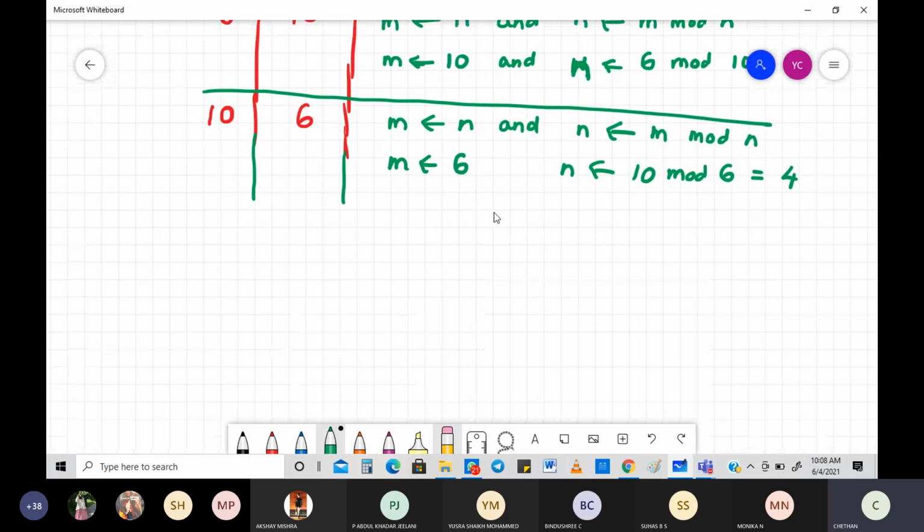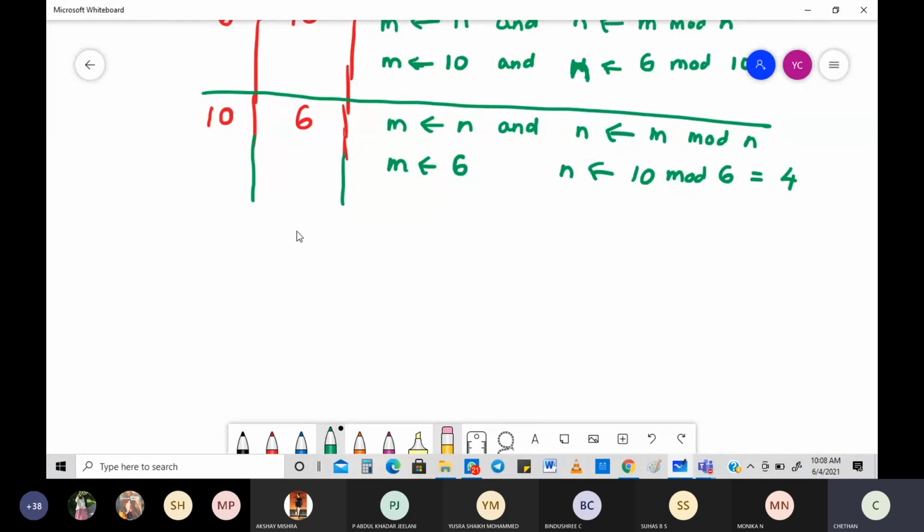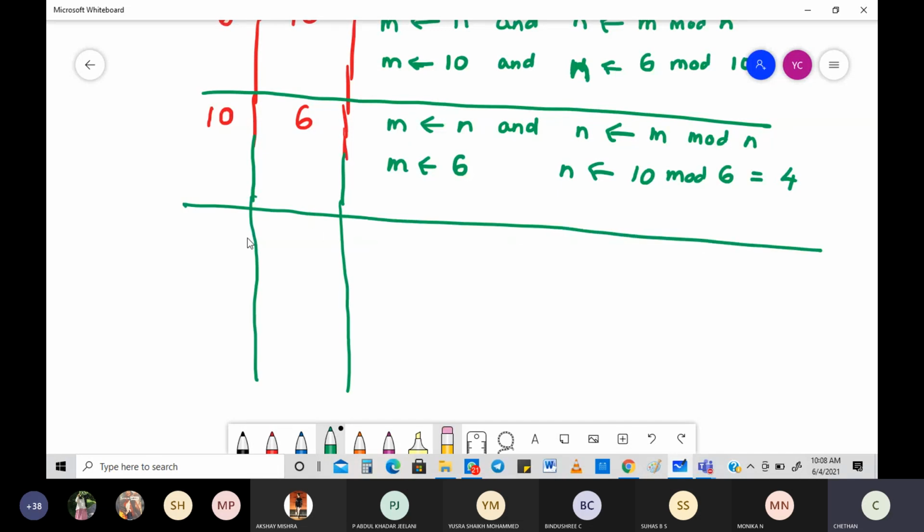The next step is again, once again, I'll just elongate this. When you're writing in the exam, you need to write it neatly. Not like me, because there's no need for me to keep it neat, but you have to keep it neat. So this is what you're going to get now. Now again, you need to check if n is equal to 0. Is n equal to 0? No. So the same step needs to be considered.